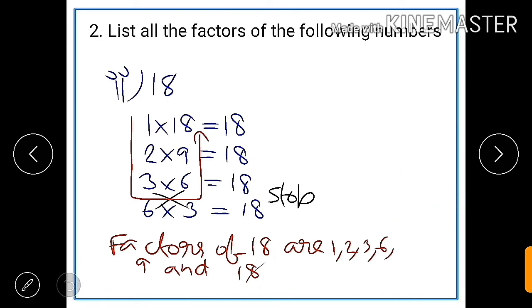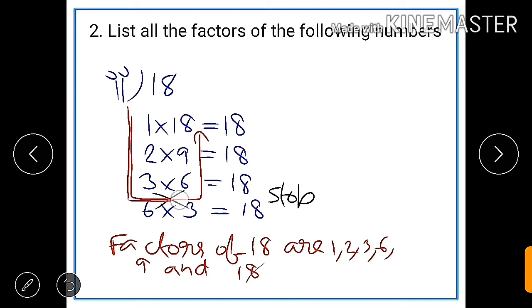So dear students, when you reach a position where you find that the first number is going to the second position and the second number is moving to the first position, or you are seeing that the numbers are interchanging, at that particular step you will just stop doing all these things and you will just write down the factors. We will start writing the factors from the beginning, that is from 1, it will go like this, that is 1 2 3, and after that the step which is repeating, we will move before that and we will just move towards our right.